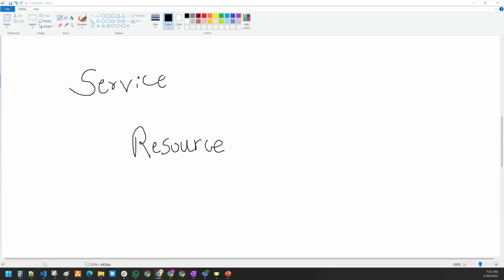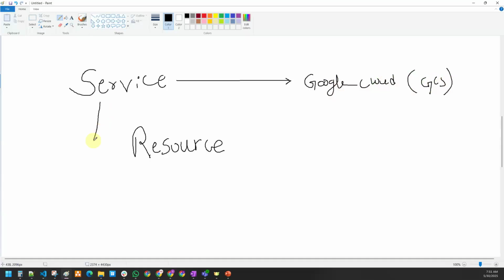Okay, let me tell you. No worries. Services are offered by Google Cloud Platform. For example, one example is GCS, Google Cloud Storage. Resources are created under the service by the user.